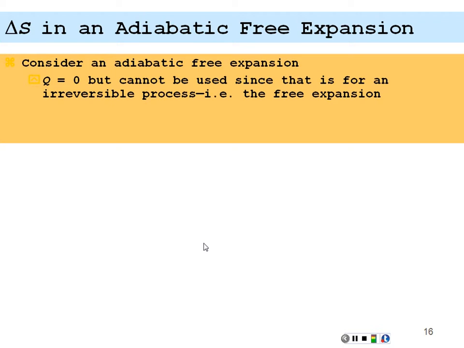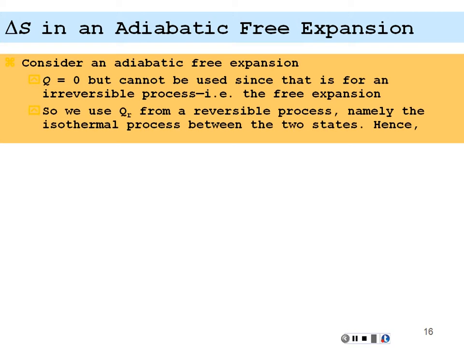We're going to have no heat exchange in this case. We can't use a heat exchange because we have an adiabatic system, so there is no heat exchange. However, we are going to change our states. The no heat exchange is an irreversible process, but we could use a reversible process between our initial state and